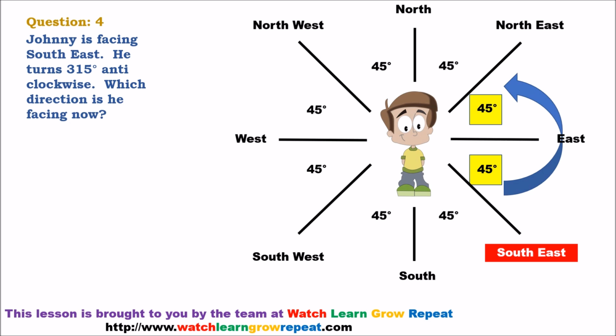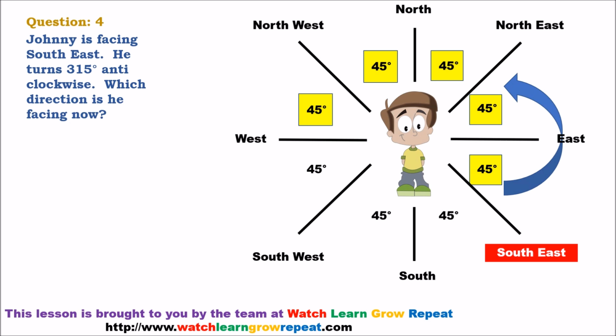Then an additional 45 degrees, that makes it a total of 90 degrees, puts him at northeast. Then a 45-degree turn, which makes a total of 135-degree turn from the starting position, puts him at north. Then we add another 45-degree turn, and this makes it a total of 180 degrees from the starting point, and that brings him to northwest. Then a 45-degree turn counterclockwise, which is 225 degrees total from the starting point,